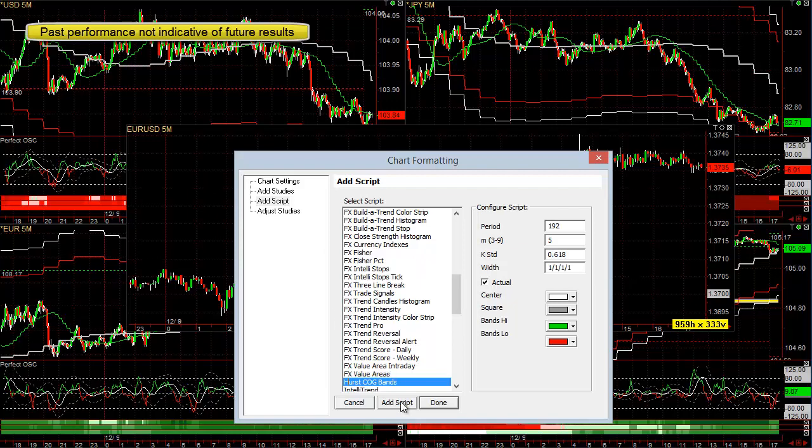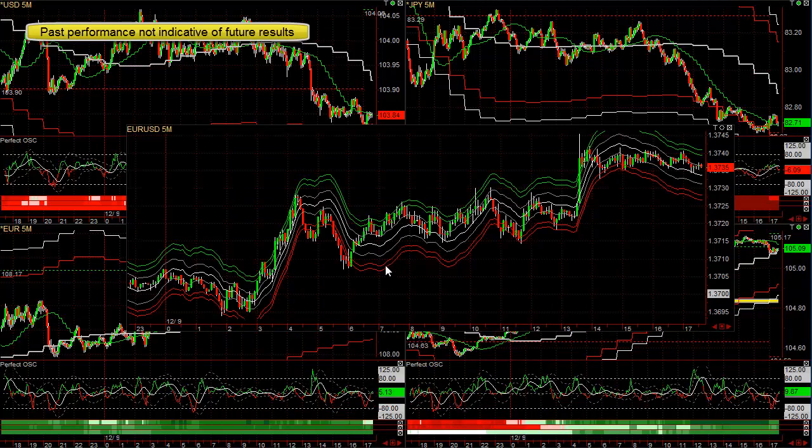For 5-minute and short time frame charts, 0.618 works pretty well. And basically you want to look to buy at the lower bands. So you can see you bought here, it went up a little bit, but ultimately you didn't really make much. It came back down here, it started to go back up here, you get in, you made money. It comes down to the lower band here, you probably broke even, and then you made a lot of money